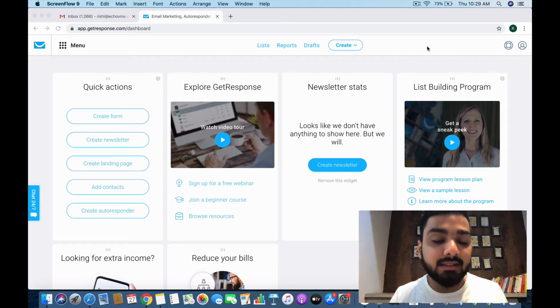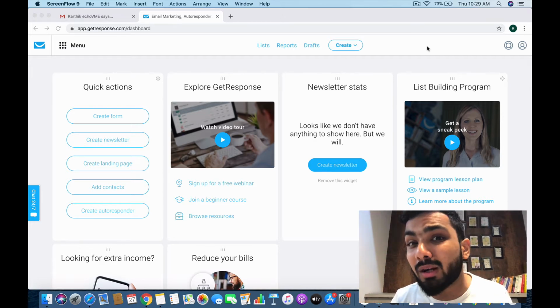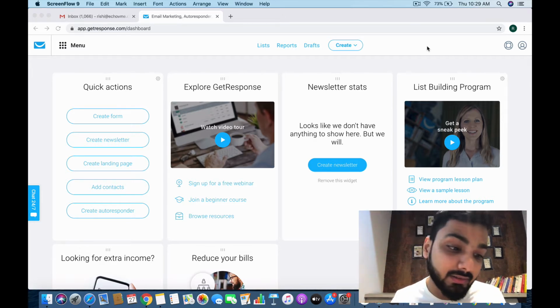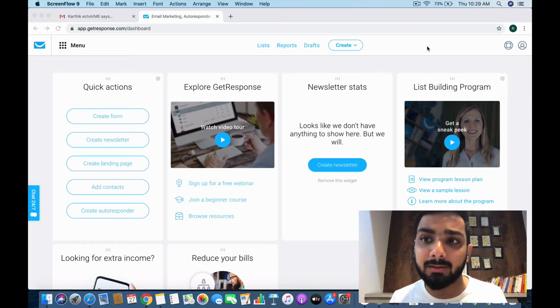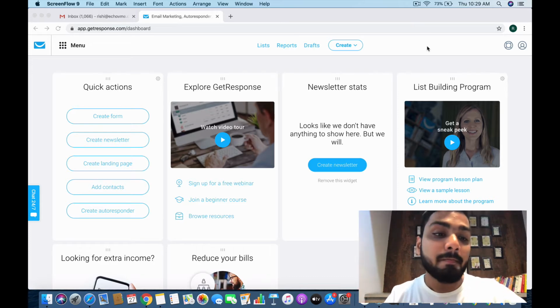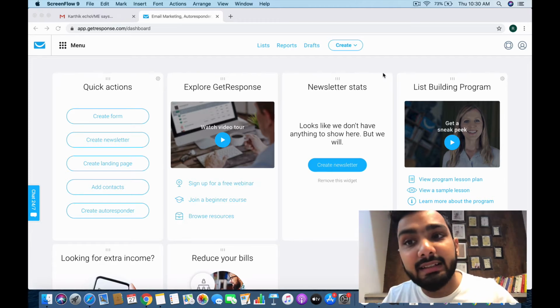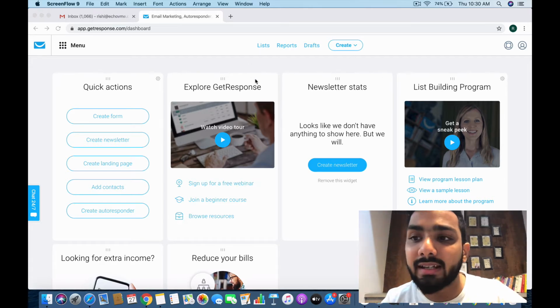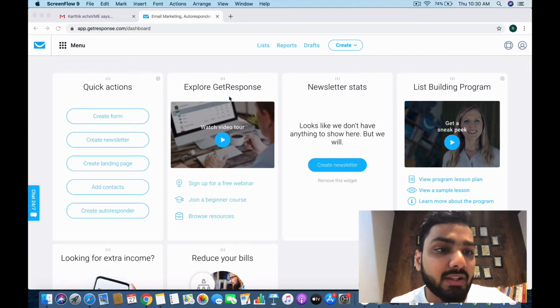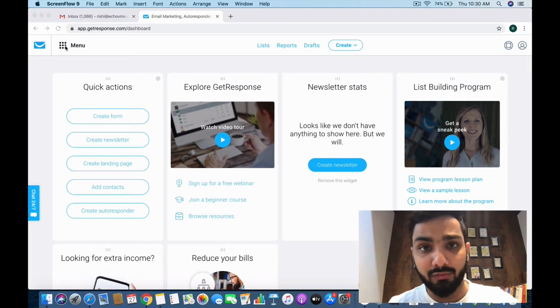Okay, next is advanced form builders. You have advanced Google Analytics integrated in this as well, and that's about it. So these are the best features of the GetResponse landing page tool. Okay, you can sign up, buy the basic package, and start making your first landing page.